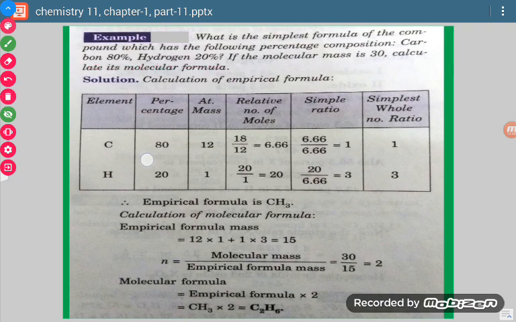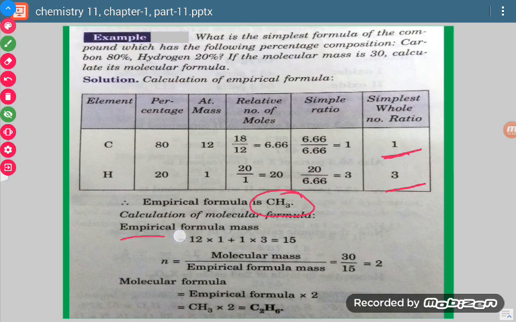Now in the same way, we will write the percentages, we will write the atomic masses, then we will calculate the relative number of moles. Whichever is the smallest one, with that we will divide. Here it will be something like 3 point something or maybe 2.9 something. Whatever comes, we write that, and then in the next step we will write exact whole numbers. Once we have calculated this much, we can write the empirical formula. For C the subscript is 1, for H the subscript is 3, so it comes out to be CH3.